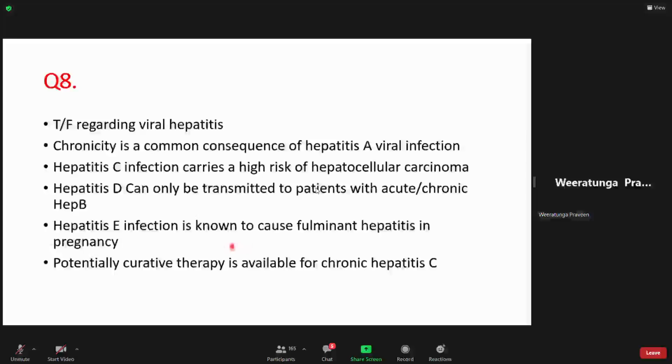That is a small point in question 4. Hepatitis E infection is known to cause fulminant hepatitis in pregnancy. That is correct. That is something especially important to remember. Okay. Okay. Now